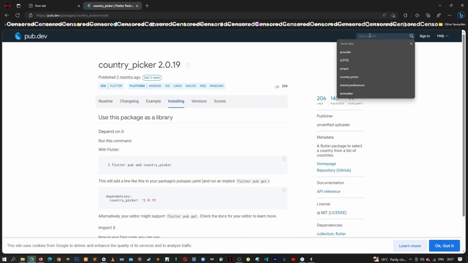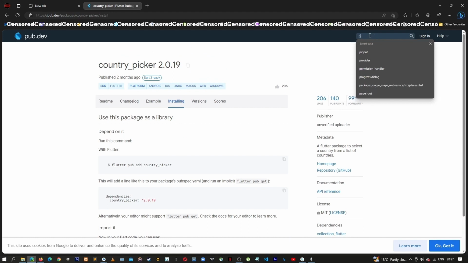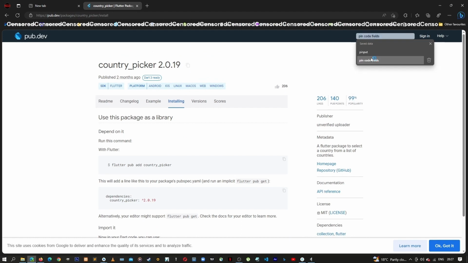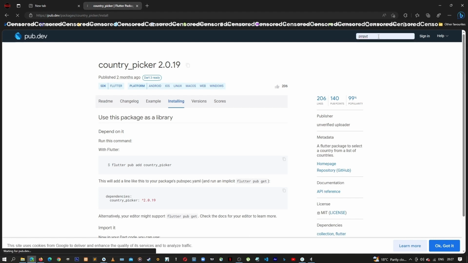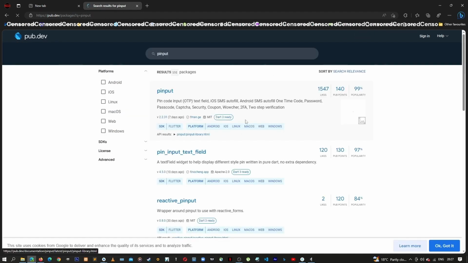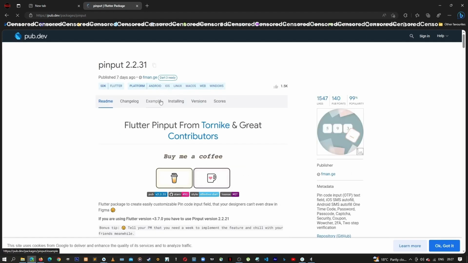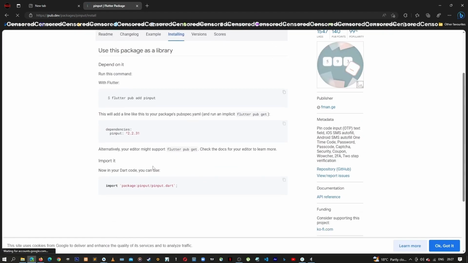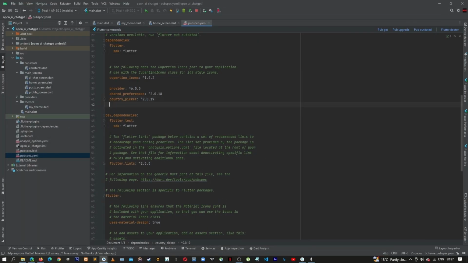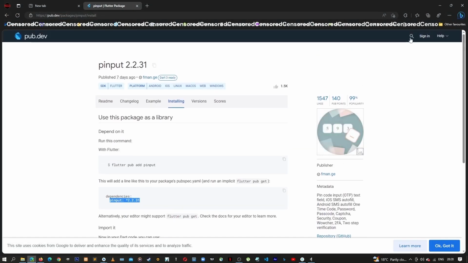Let's now search for the pinput package. This one, we click on this one. We go in our installation. Let's copy this, and then we go back to our application, paste it out, go back to our browser, and then let's search